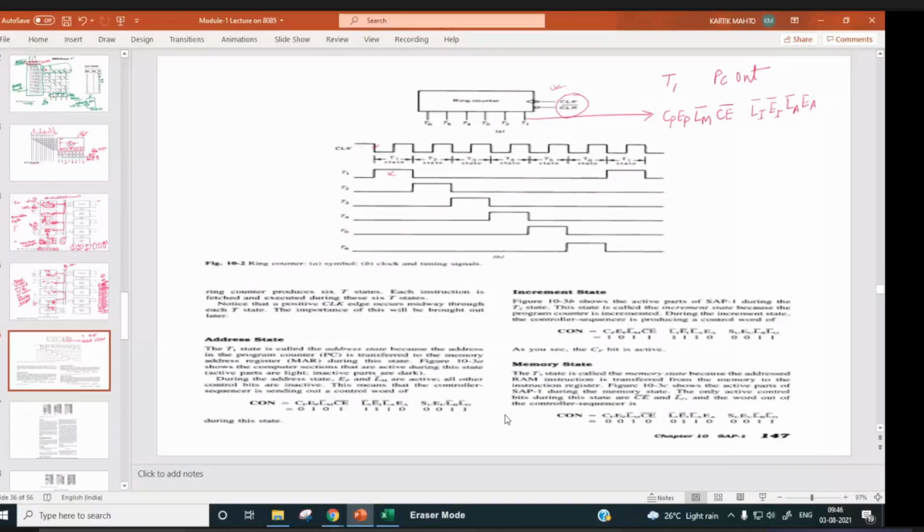I should write it a little bigger. CP, EP, LM bar, CE bar, LI bar, EI bar, LA bar, EA.